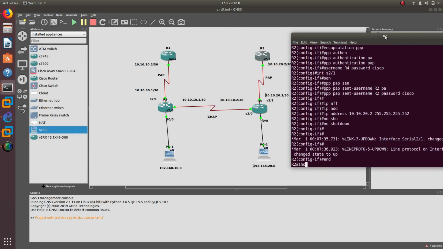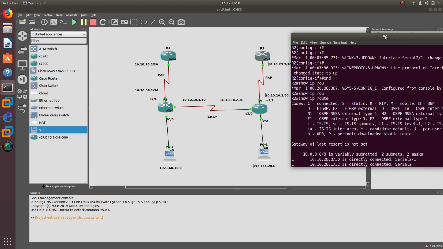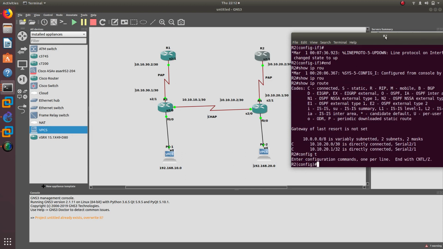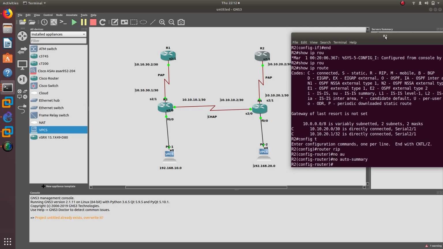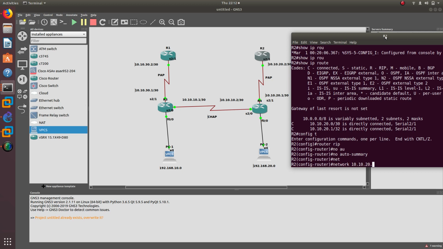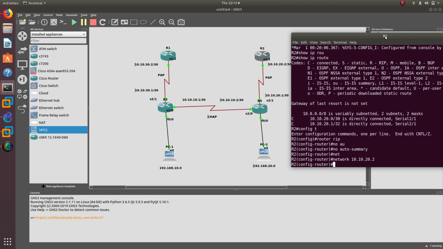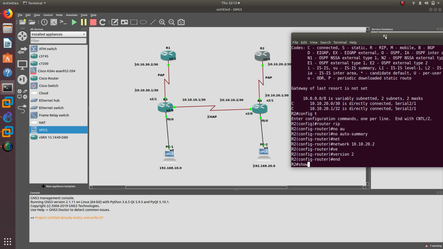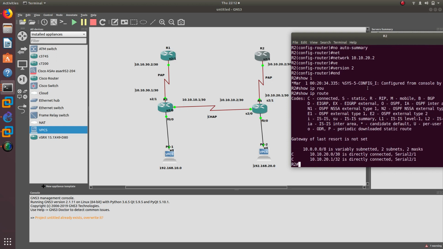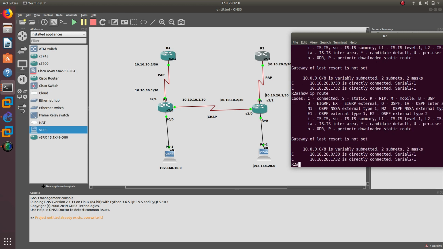router 2 and show IP routes. Do we have any routes here? Nope, no routes. So let's go ahead and config t, router rip, no auto summary. And then from here, let's add the network 10.10.20.2. Let's do version 2. There you go. Now we can do show IP route. Nothing. Show IP route. And why is that? Let's do a